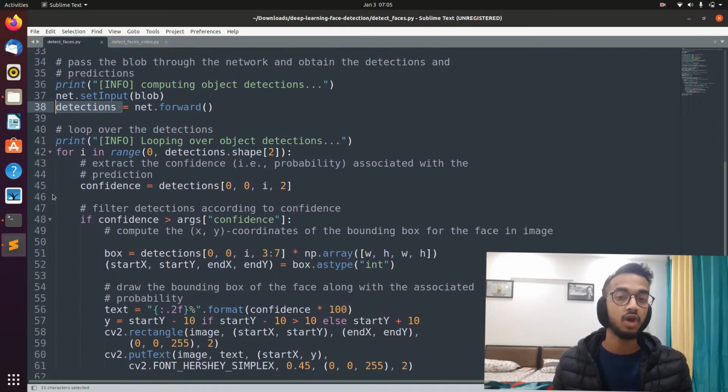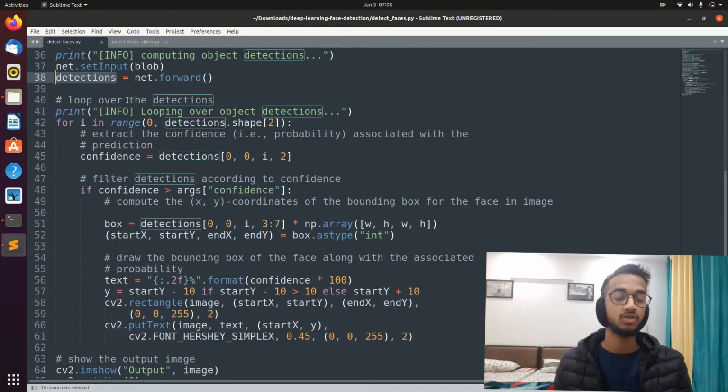So basically we are going to be looping through all the detections. Detections is an object which contains a lot of parameters inside of it. If we fetch detections.shape and get the third index of it, it will give you the number of detections. So we iterate through all of that, and you can't automatically guess this. This is something you have to know by reading the documentation or by working on various models.